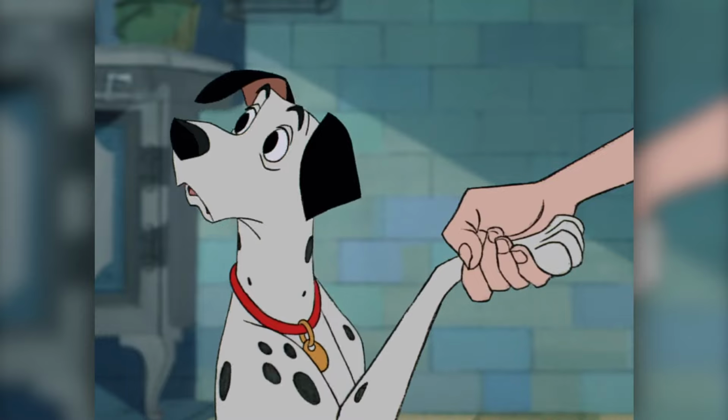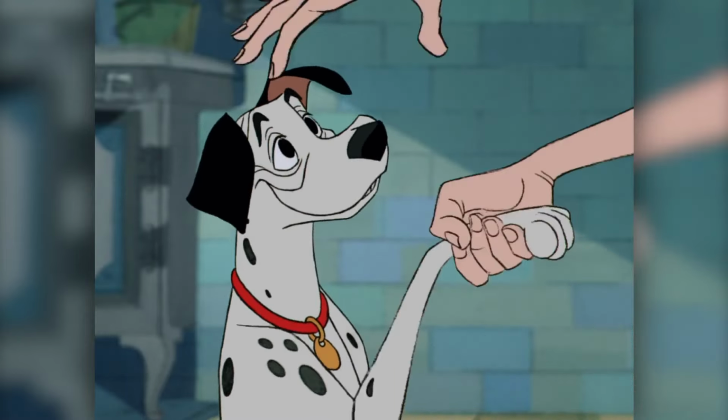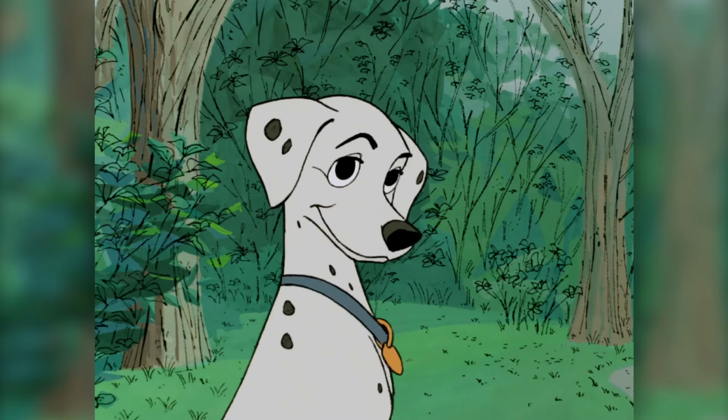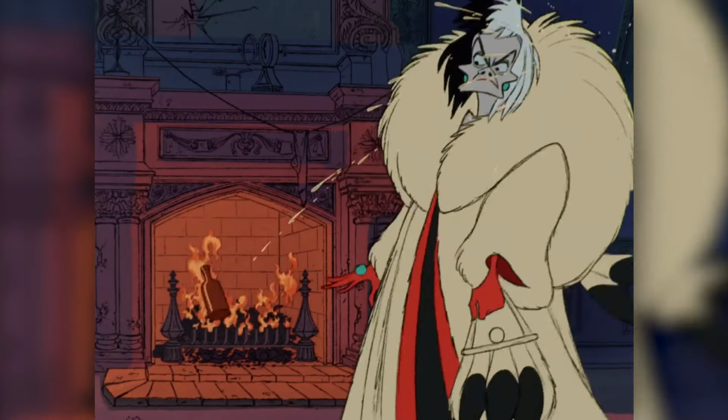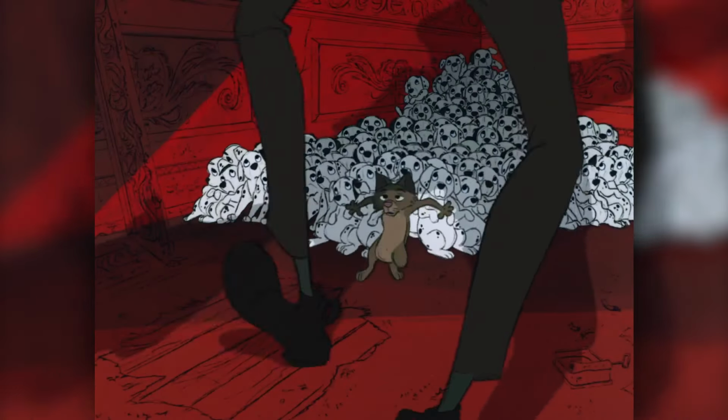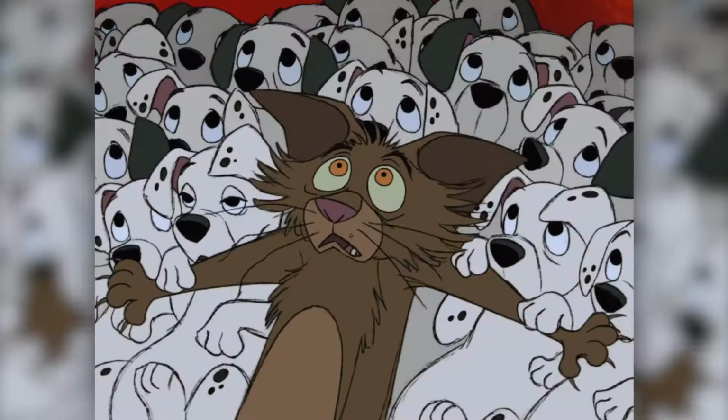101 Dalmatians is often cited as one of Disney's best animated films, but despite its near-universal praise from critics and audiences alike, Walt Disney was extremely disappointed with the look of the film because it was a complete departure from all the other animated features he had produced up to this point. And I want to show you what made the film so different from its predecessors that caused it to be